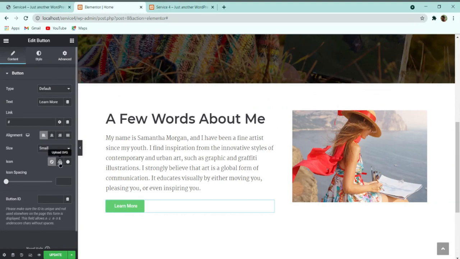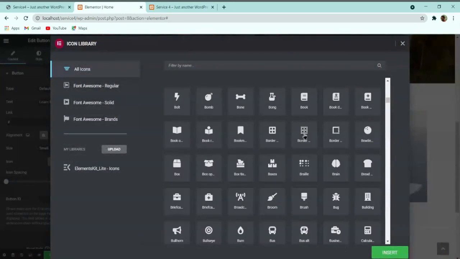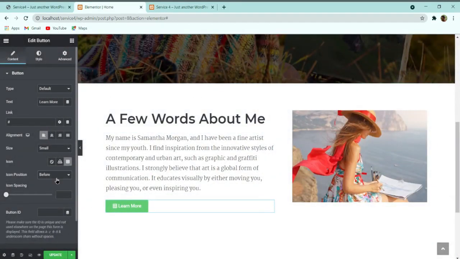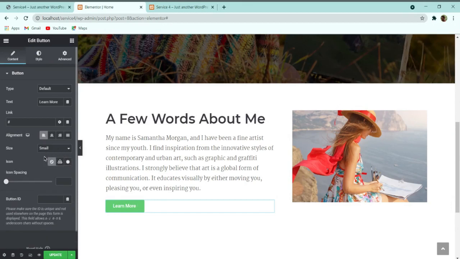If you want to add any icon to this, you can add an icon, or you can select it from this icon library. Here you can see that I have selected this icon, and here it is coming, and here I can select the icon position also. And then we are getting this size option. If you want to increase the size, you are getting fixed sizes: small, extra small, medium, large, extra large. Instead of using this, you can leave it as small, and then you can go to the style part, and from there also you can make the changes according to your size. You can do it manually.